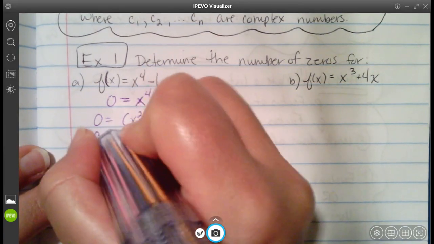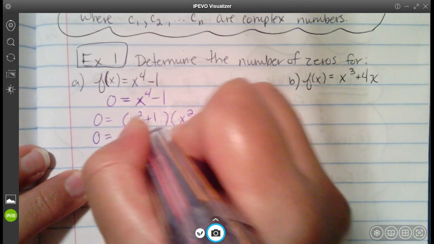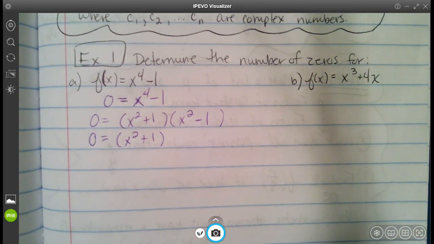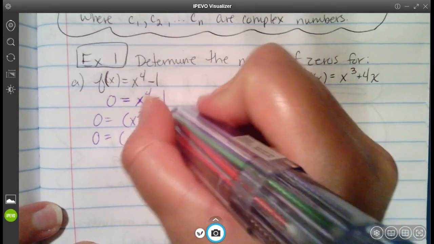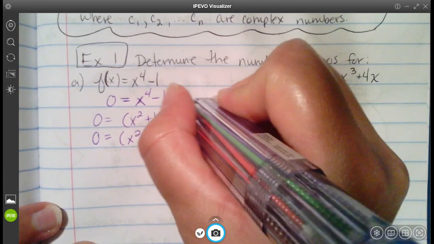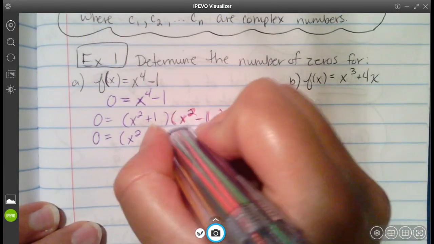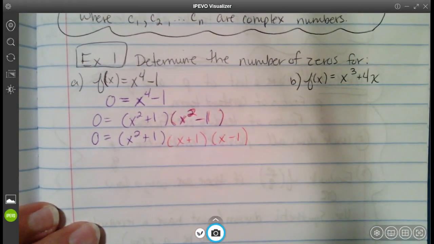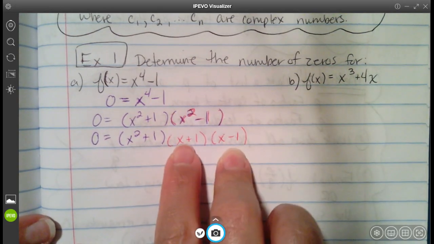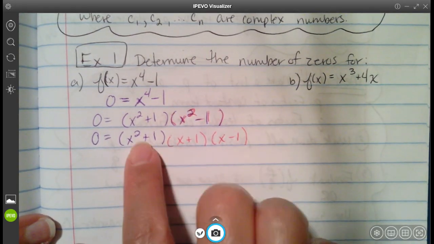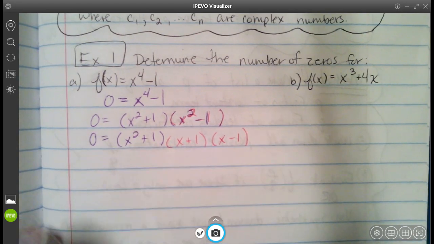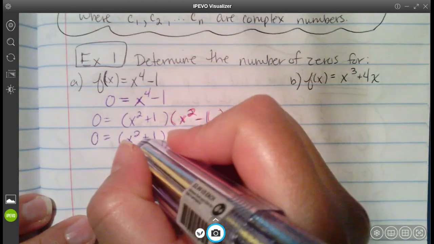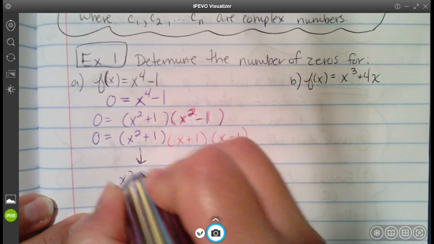From here, I'll deal with this one in a bit. But I know that this one right here, x squared minus 1, is another difference of squares. So this guy, x squared minus 1, can be written as x plus 1, x minus 1. Okay, so these are now in factored form, so I'm pretty much done with those. I'm going to see if I can further reduce this one. A little bit of side work on this one, just so we can see how it's going to work. I'm going to set that equal to 0